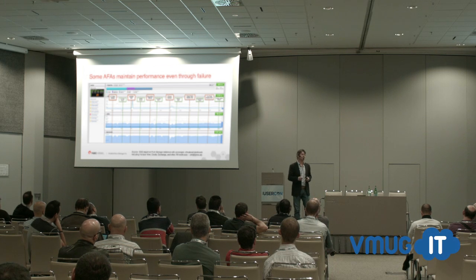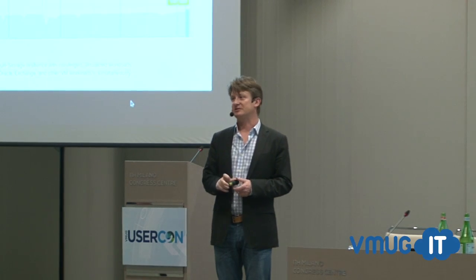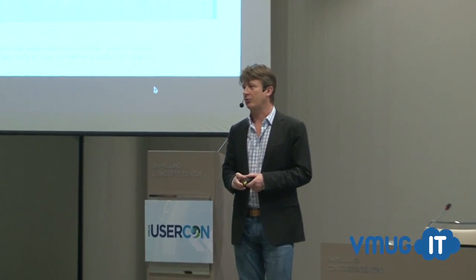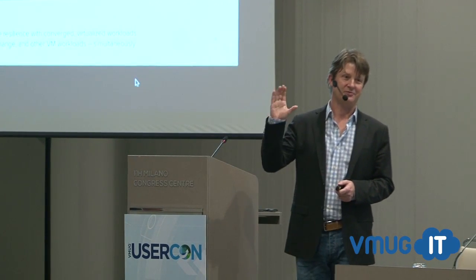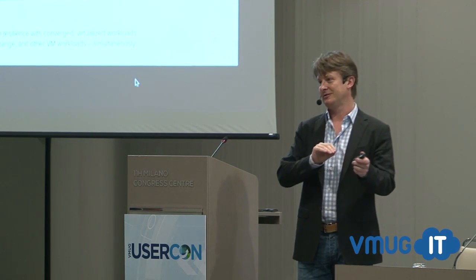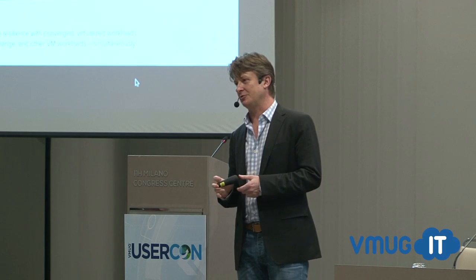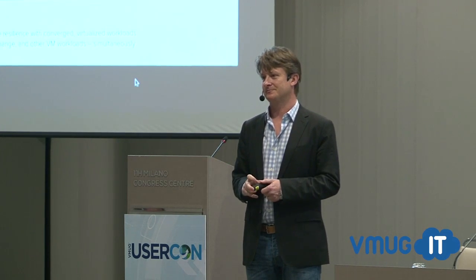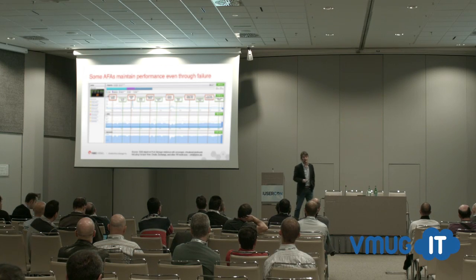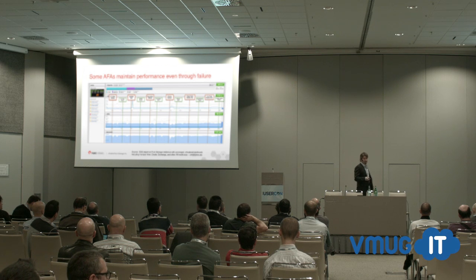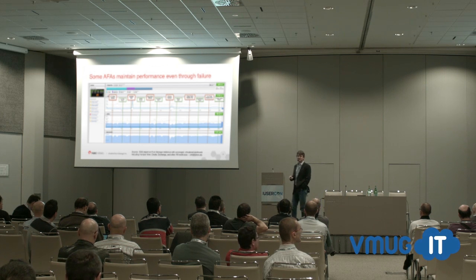But there's a downstream effect when you negate storage DRS events. If you're using array-based replication for DR or archive, the amount of data that goes over the wire daily greatly reduces, because you're not shuffling the virtual machines onto different data stores, and usually your replication policies are based on data stores. So you minimize the change rate on your data stores exponentially in many cases, moving customers from hundreds of gigabytes or terabytes replicated today down to tens of gigabytes. It's really interesting, this downstream effect of moving to all-flash storage.